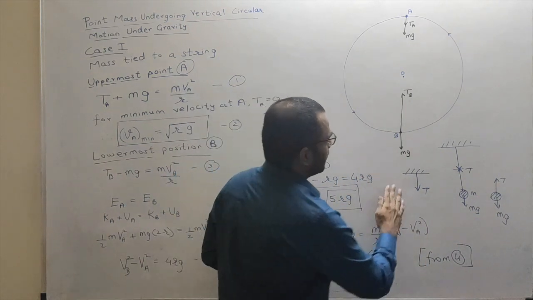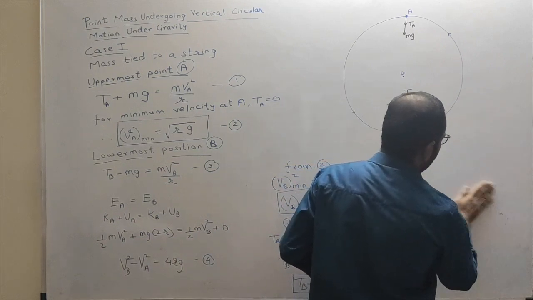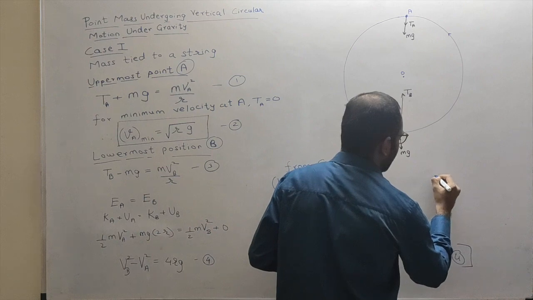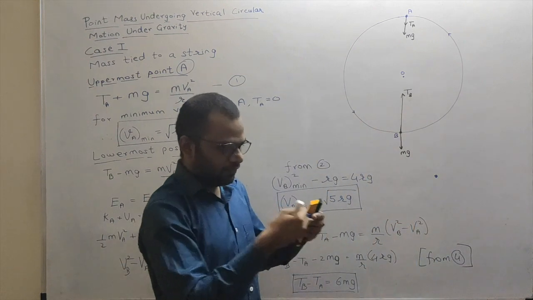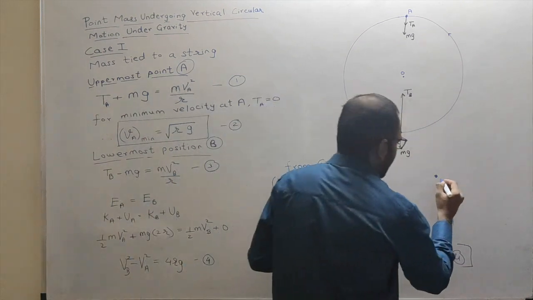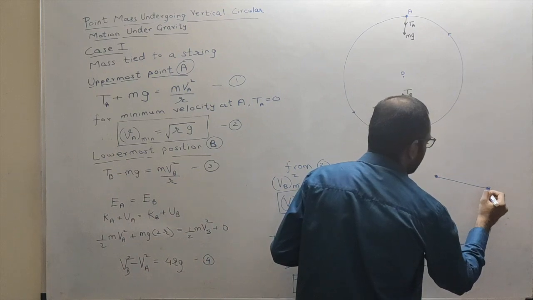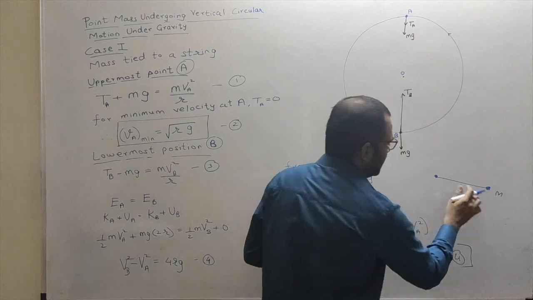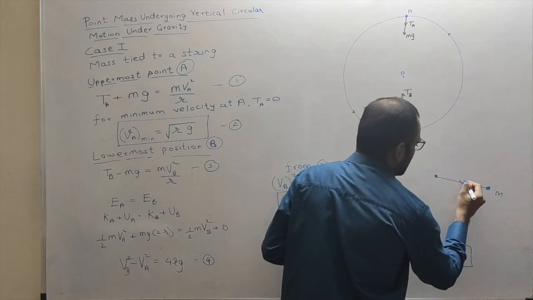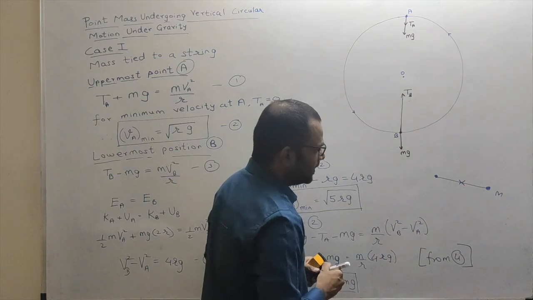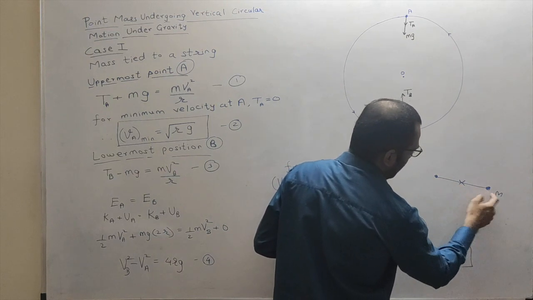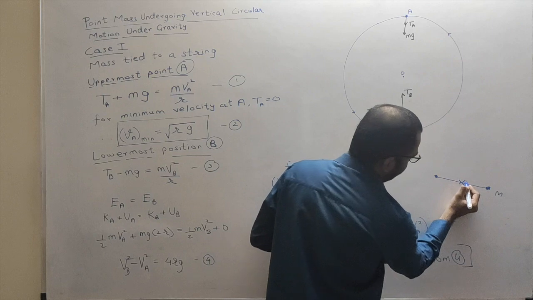Getting this? Okay. Now over here, as the bob is performing vertical circular motion, suppose this is the rigid end where the first end of the string is connected, and right now the bob of mass m is over here. Since there is a tension in the string, put a cross over here. As you can see, the force due to the tension acting on the bob is in this direction, given by this arrow.